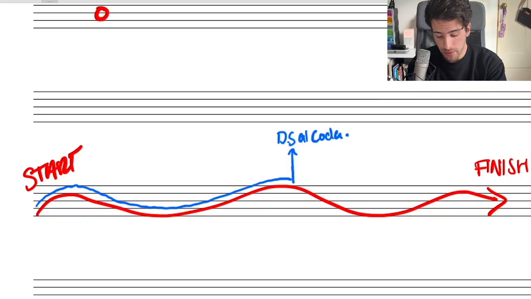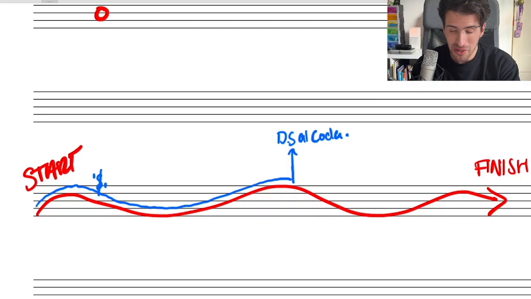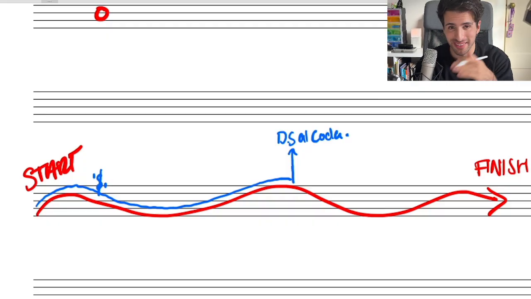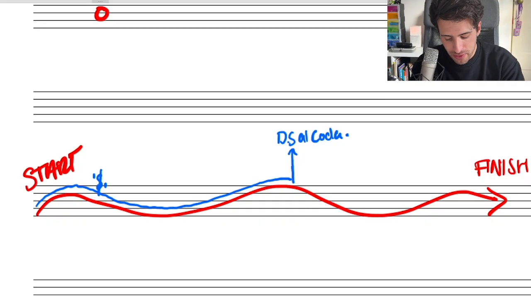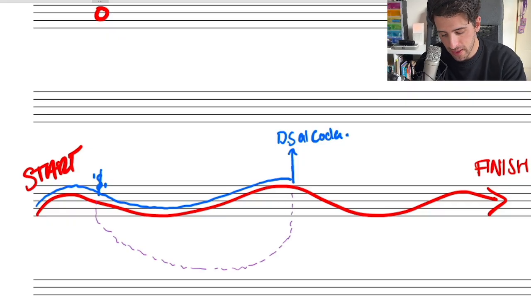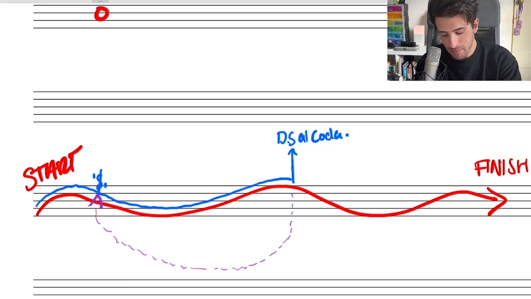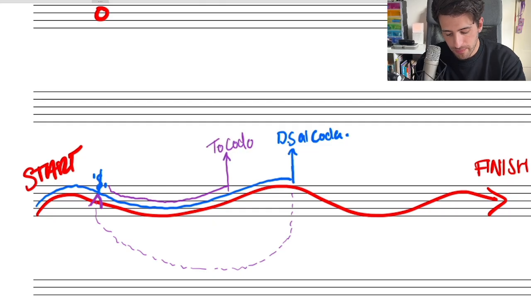But if it says del segno, which most music does, it's going to look like this. The symbol's going to look sort of like a dollar sign with a few dots. It doesn't really look like what I've just drawn, but it's similar. Basically, what that means is that we are going to go all the way back to the sign, and then we're going to play the music again. Now, usually there'll be lyric differences or something like that. But at some point, you are going to see the sign, or see the words, to coda. At that point,